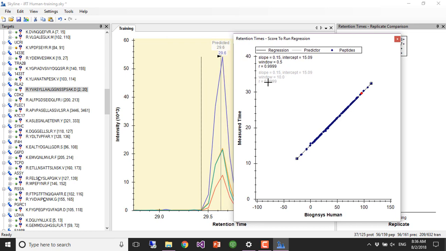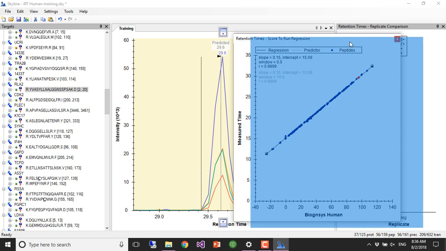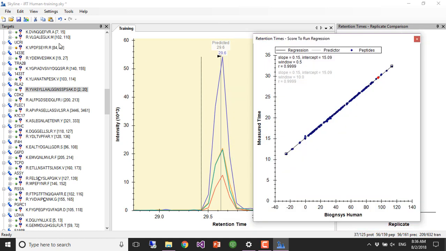All right. So okay, so now let's say we've got a calculator. Let's say we're going to take this to a new system, or we just changed our column or whatever, and we want to retrain our retention times. If we just wanted to measure a bunch of retention times, okay, so